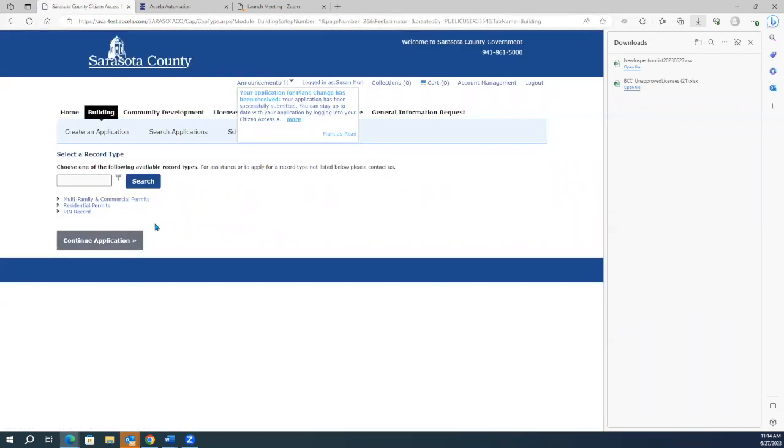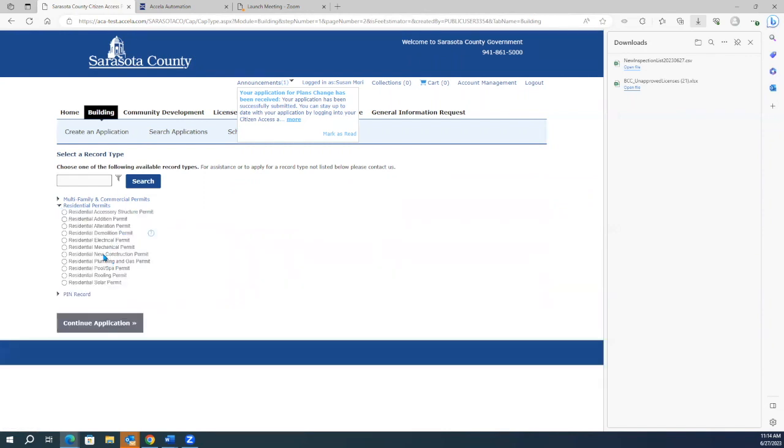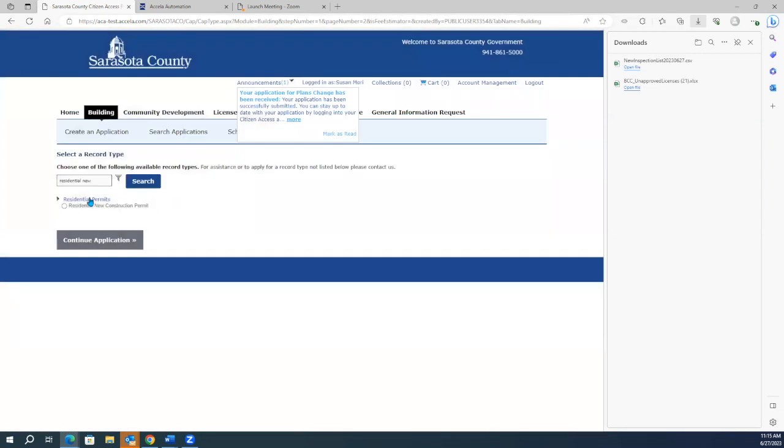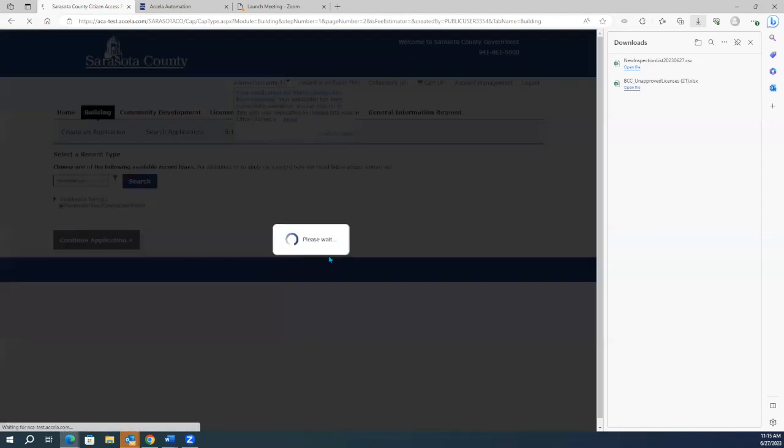And here are your record options. We're going to do a new single family home. So obviously we know that's residential, and then it is a new construction permit. You could also type, if you wanted to put residential new, if you didn't want to go through this list, you could do that. There you go, and it takes you right to it. You could do that for anything. Residential shed, you could just type in a garage shed, and it would give you both options, residential and commercial. So it just kind of dwindles down your list to whatever you've typed there. It's helpful. So we're going to go ahead and click residential new construction, continue.